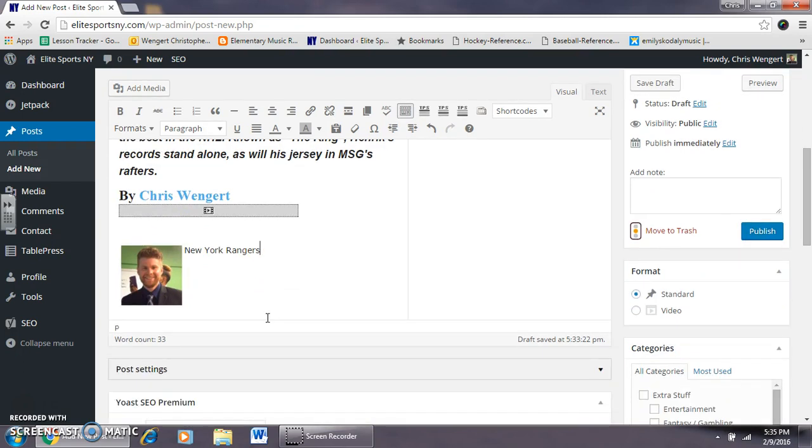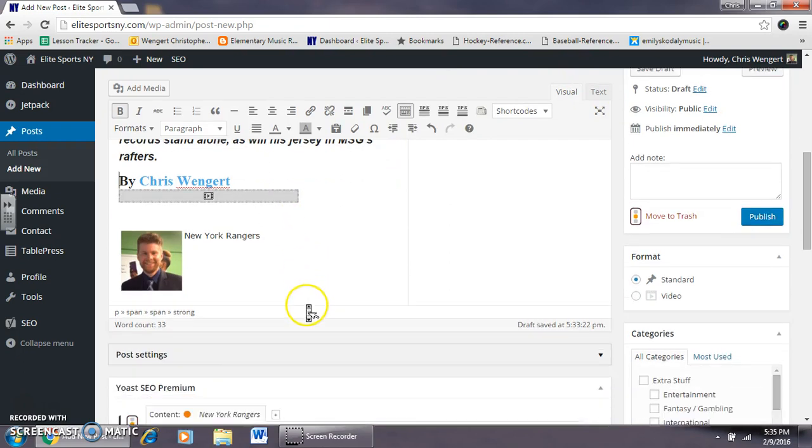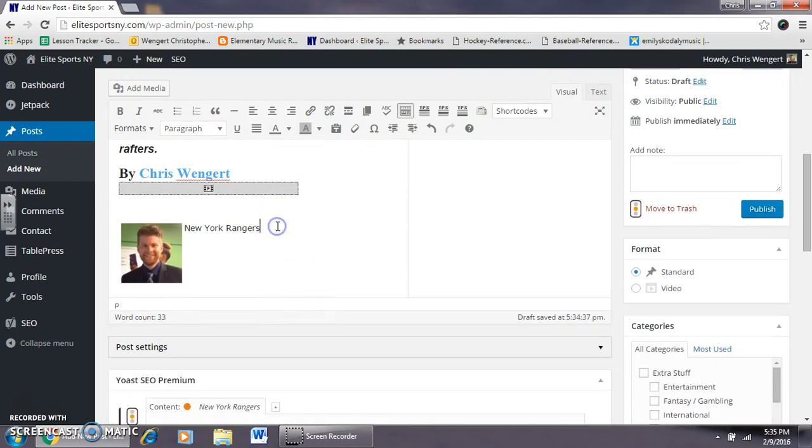So now that I've taken care of that on the text side, now you're good to go, and you can stay on the visual side, which is much easier to write on. So my first sentence is really the last part of setting up and formatting your article. So New York Rangers have